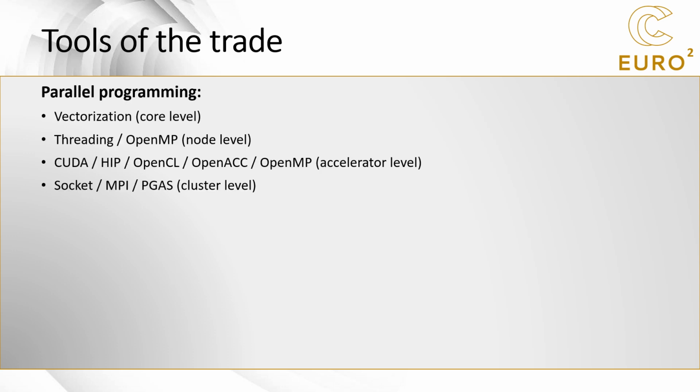In practice, how does the user make a program work in parallel? There are several methods that depend on the level of parallelization. At the core level, there is the principle of vectorization, which consists of performing several similar operations all at once as a vector operation. Then, at the node level, we have the shared memory parallelism with multi-threading and the OpenMP